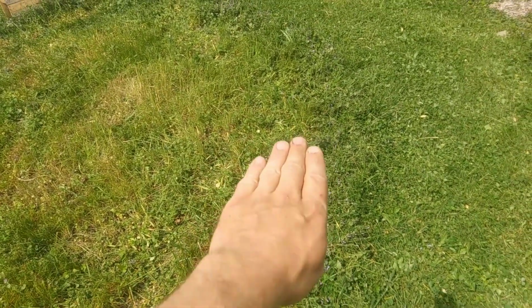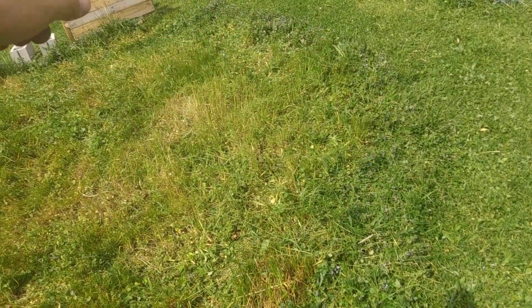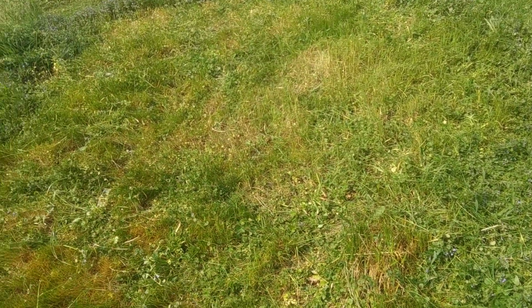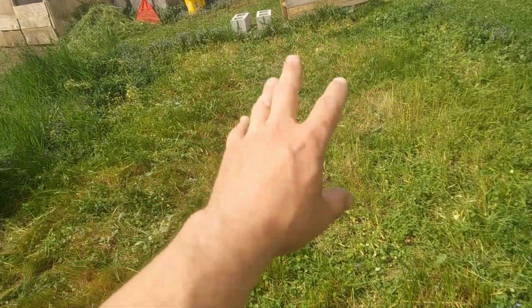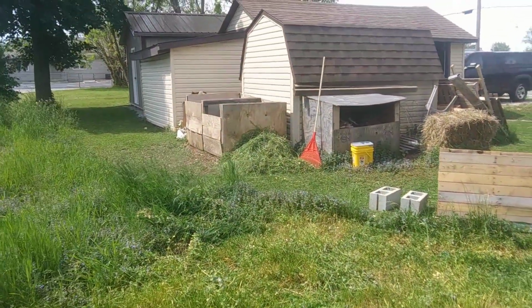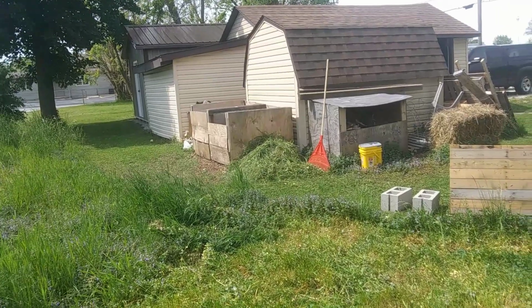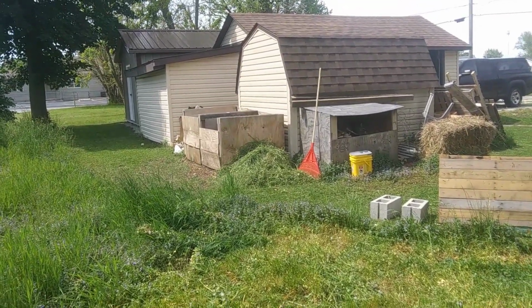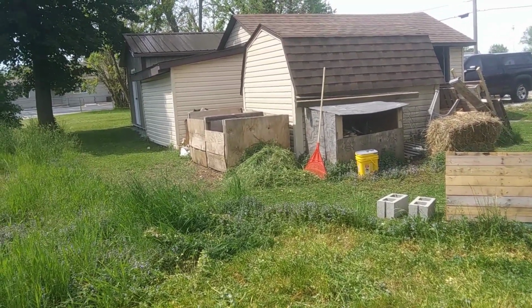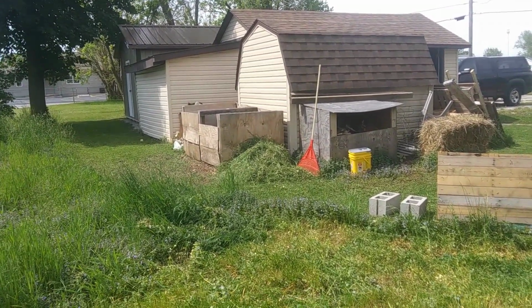Put the cardboard down, and then just overlap it with wood chips all the way around, except for where there's a raised bed. So the center part, I might just start putting cardboard down. And you can see the amount of grass that I pulled up. It'll rain, and that'll drop to about half its size. In a couple days it'll be a third of that, but it's a lot of good nitrogen for my compost,